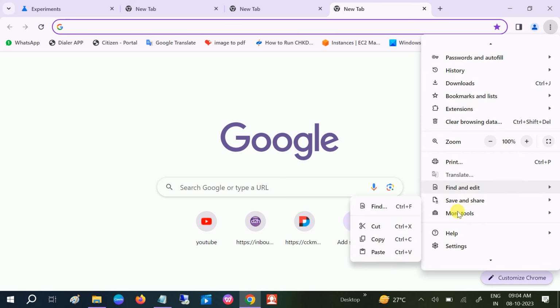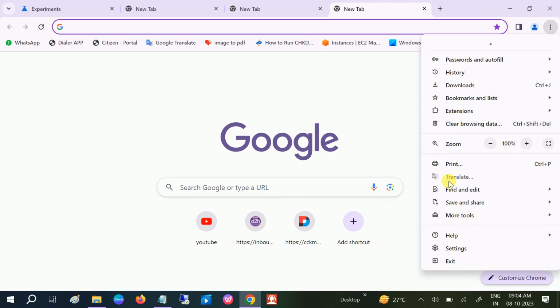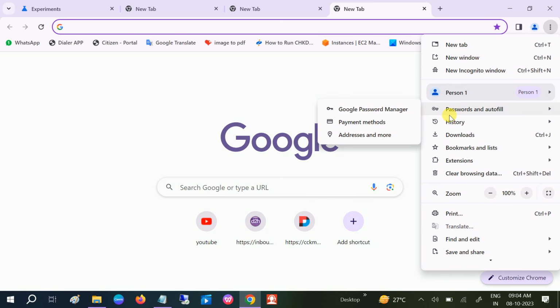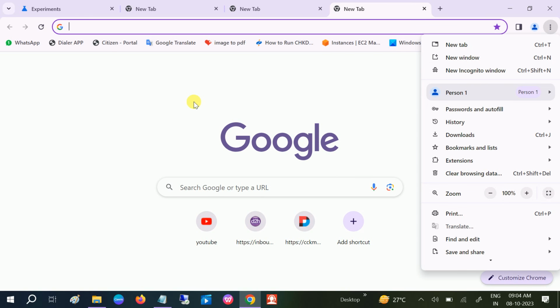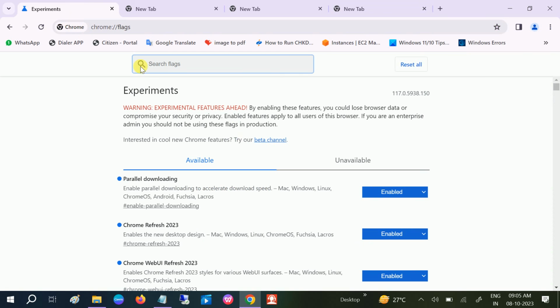So what's new here? The interface is different, and the bookmarks and all the other things you can see here are different and shown more clearly. If you want to re-enable the old version of your Google Chrome, just go to that option